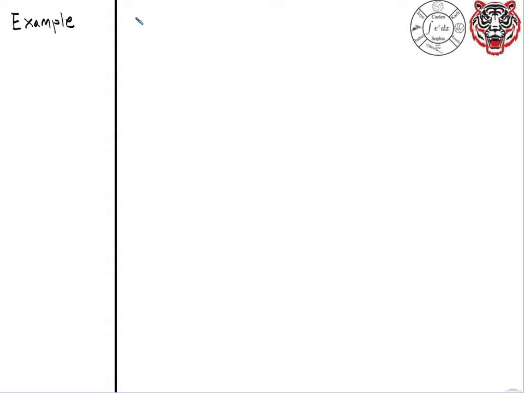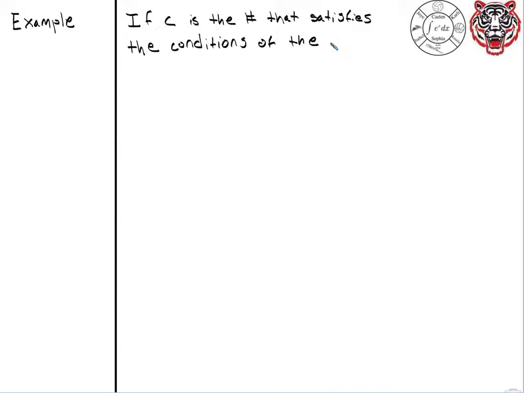Okay, so a bit of writing here. Here we go. Here's your question. If C, some number, is the number that satisfies the conditions of the mean value theorem, abbreviate MVT, of the mean value theorem